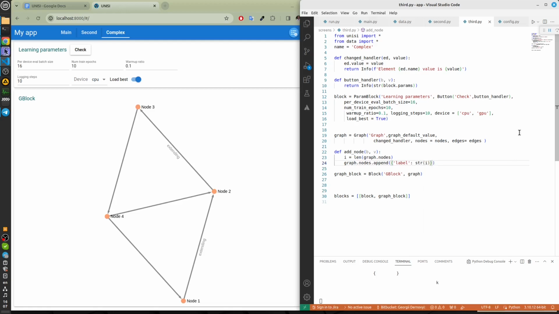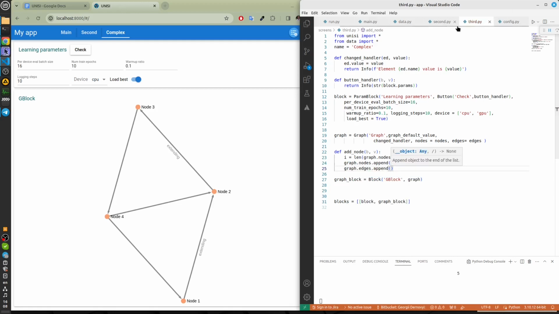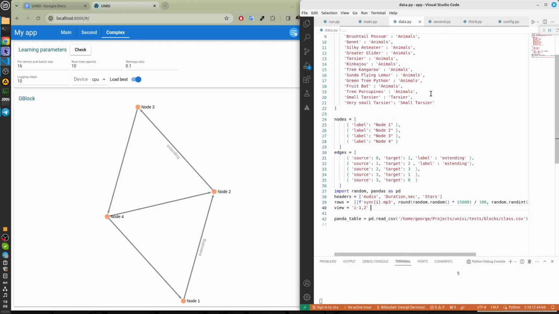And add an edge. In Graph Edges, append. The Edge Dictionary can contain optional label and color keys. Source and target are mandatory keys.